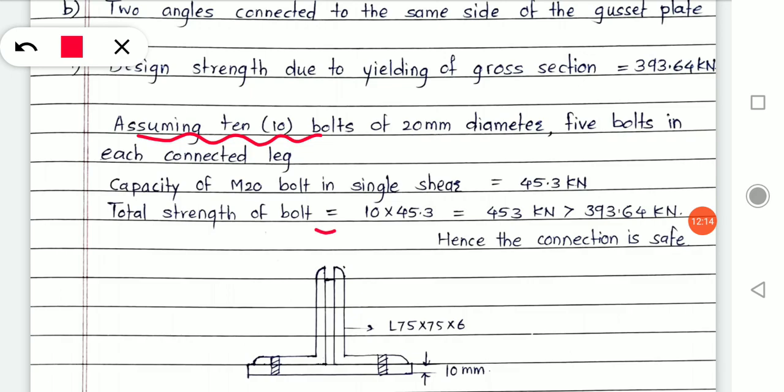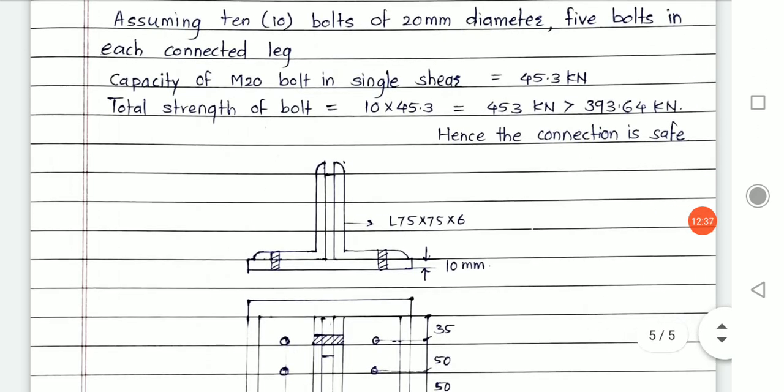What will be the strength of bolt? 45 into 10. What is 45? You must remember it is the capacity of M20 bolt in single shear, okay. So 10 into 45.3, 453 kilonewton, and it is greater than the